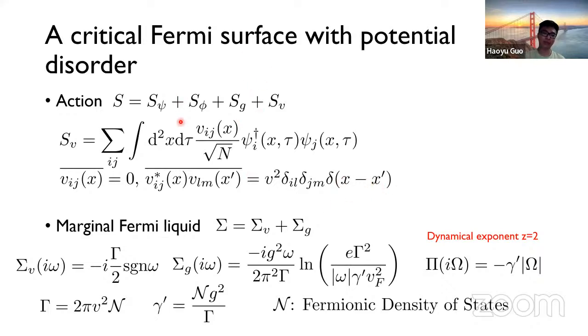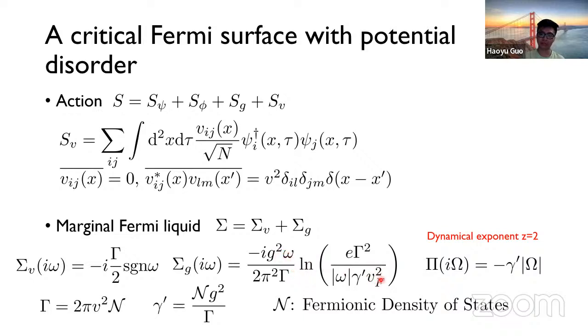Then when we come to analyze this action, we can still solve it. And then what we get is it actually turns out to be a marginal Fermi liquid. First, of course, because you have a disorder here, you get a scattering rate for the disorder, which is given by this rate gamma. And then this fermion-boson coupling will give rise to a self-energy, which is a marginal Fermi liquid, that scales like